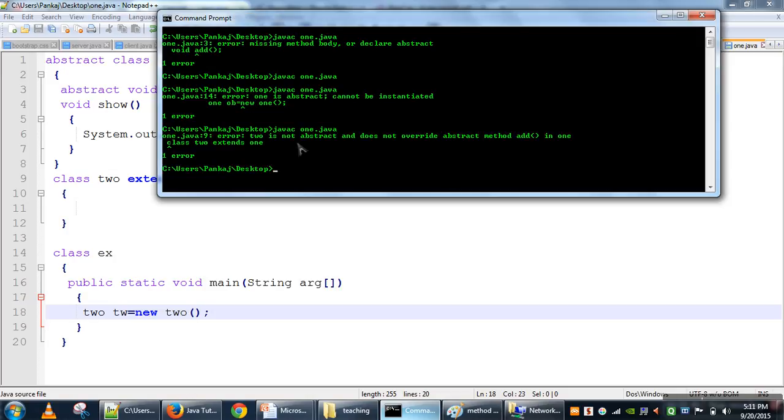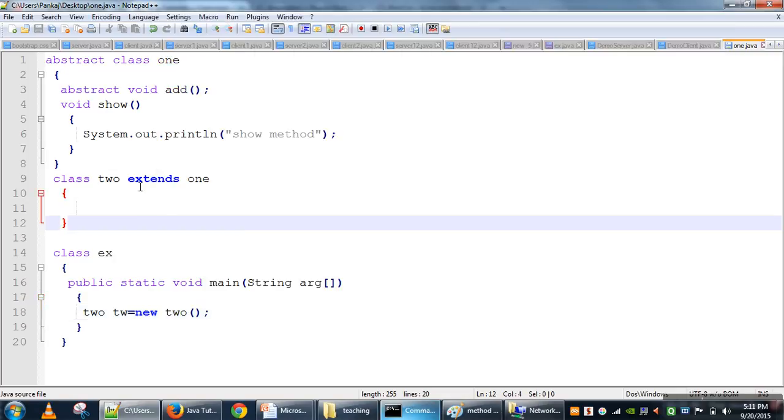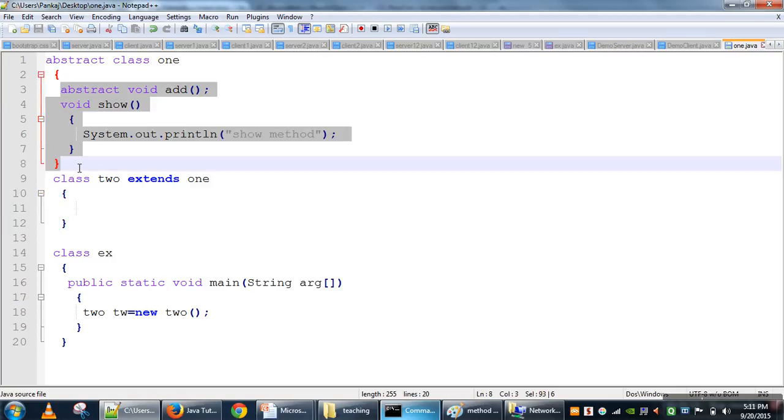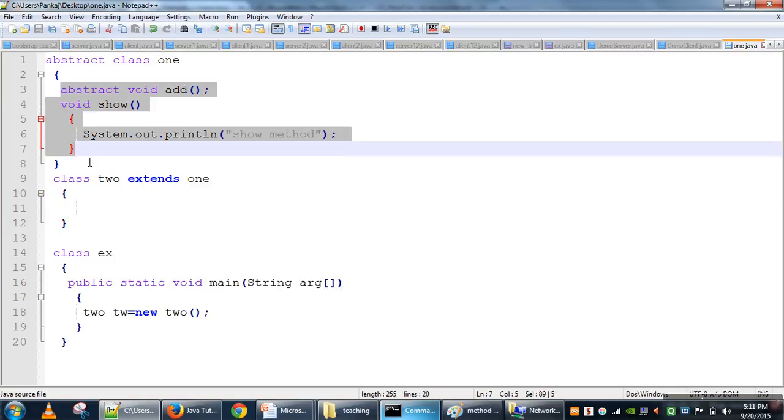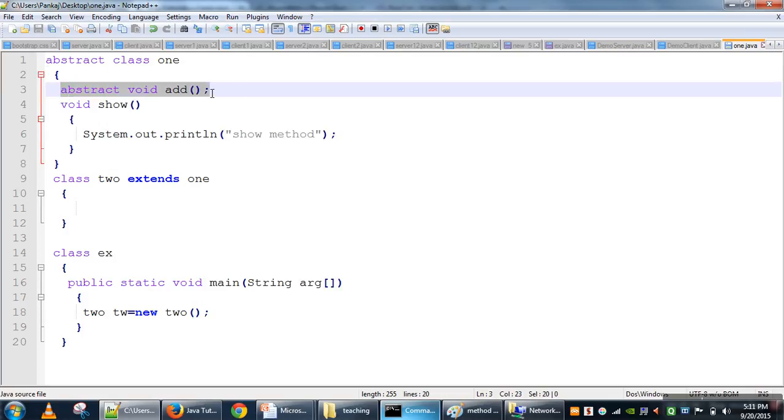Here again the same problem. It's saying class 2 is not abstract and does not override abstract method add in class 1. What happens is that when this class extends class 1, everything from class 1 is inherited in class 2. It means this abstract method also will be available in class 2.